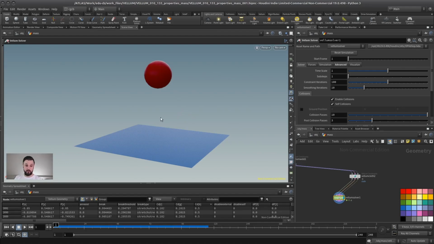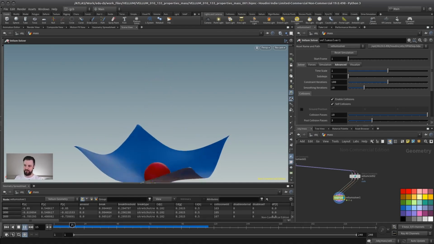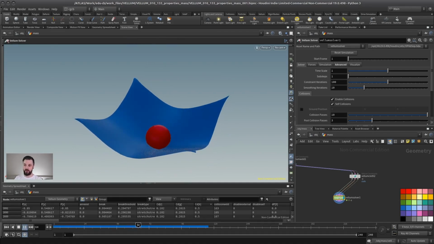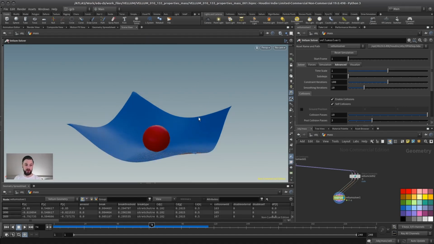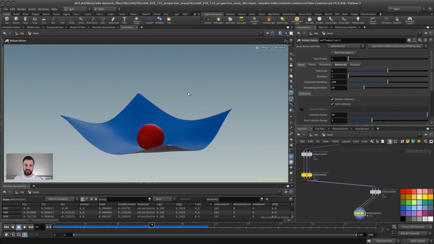But mass plays another very important role, and that is whenever objects interact with each other. And this is something we have right here. And this will also play a role, very important later on, for example, in RBDs or destruction simulations. So in Vellum, we learn about this concept the first time, but it's something that we will see again later on. So the first thing you have to understand is that actually there is already mass set on all those